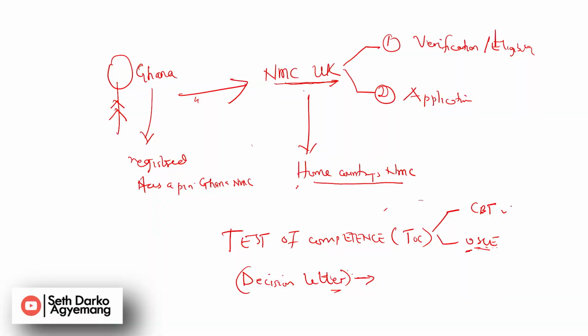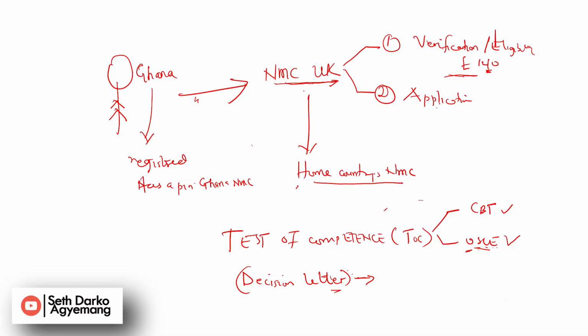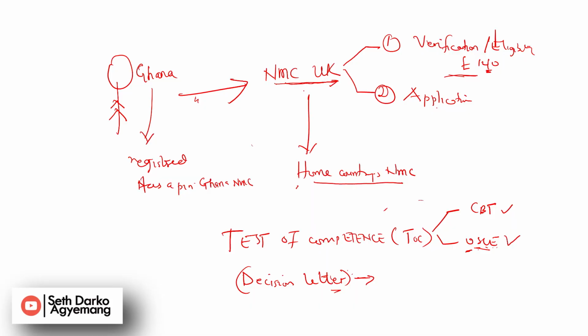You can either start with the CBT or the OSCE, whichever one you think befits you. This is where you submit your nursing qualification and a valid passport to check your identity. Once the eligibility check has been done and the UK NMC is sure that you can go ahead with your application, you'll be asked to go to the second phase of your NMC registration, which starts with possibly uploading English language evidence and so on. I'll talk about this extensively in a separate video, but today we're just talking about the test of competency,